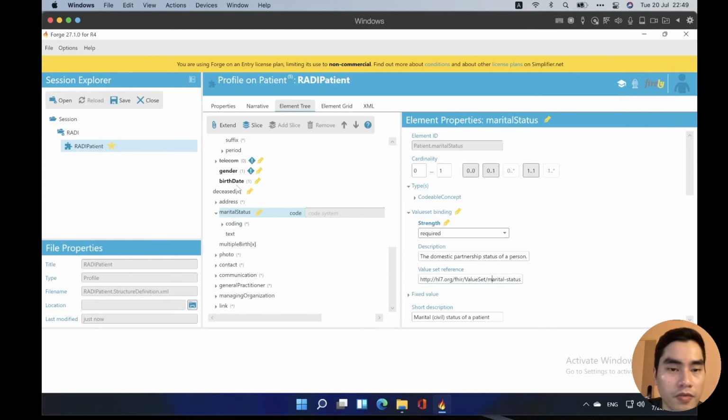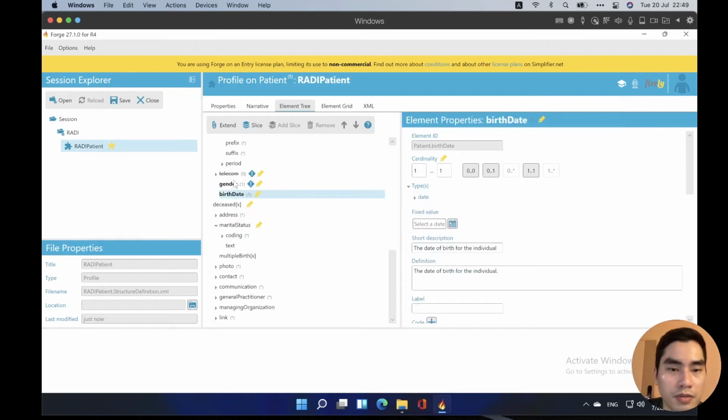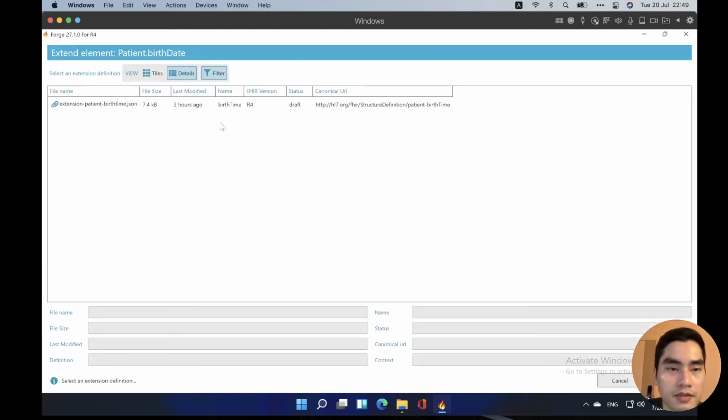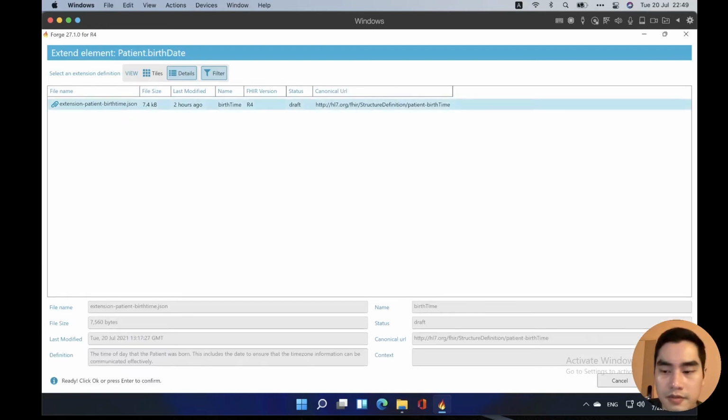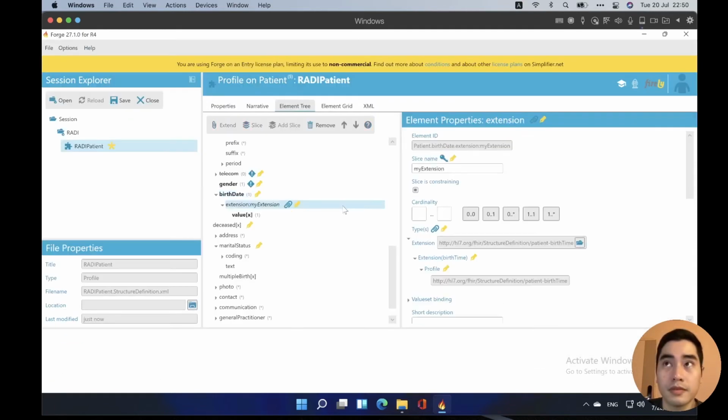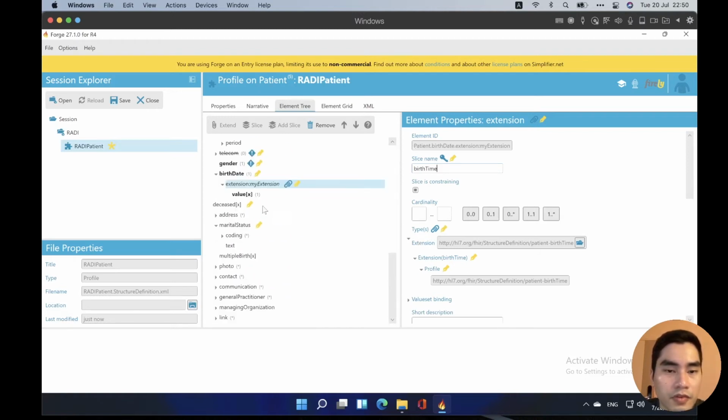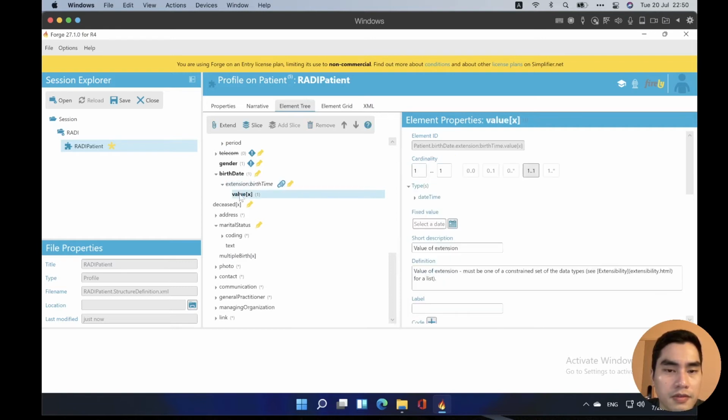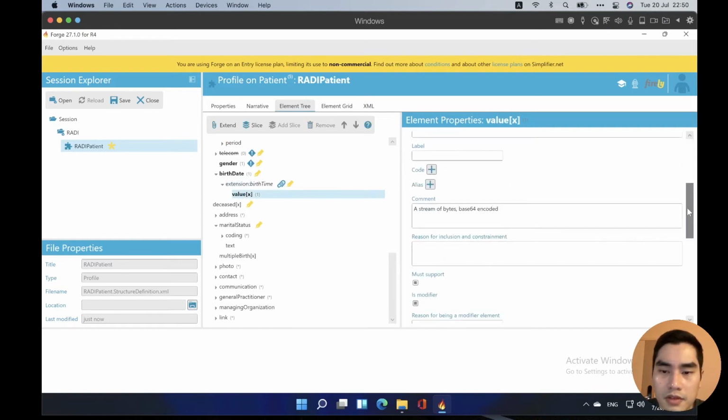So it's okay. Birth date, I will extend it here. And here I want it to be birth time. Yeah, birth time is enough. Value, I don't have to config anything, I think.